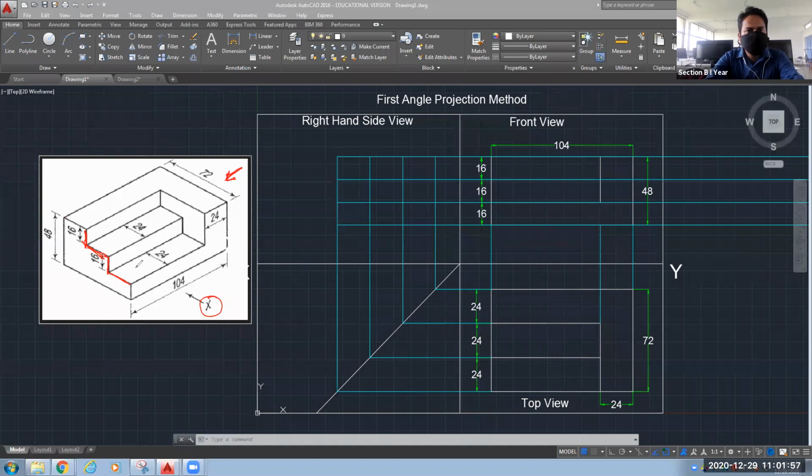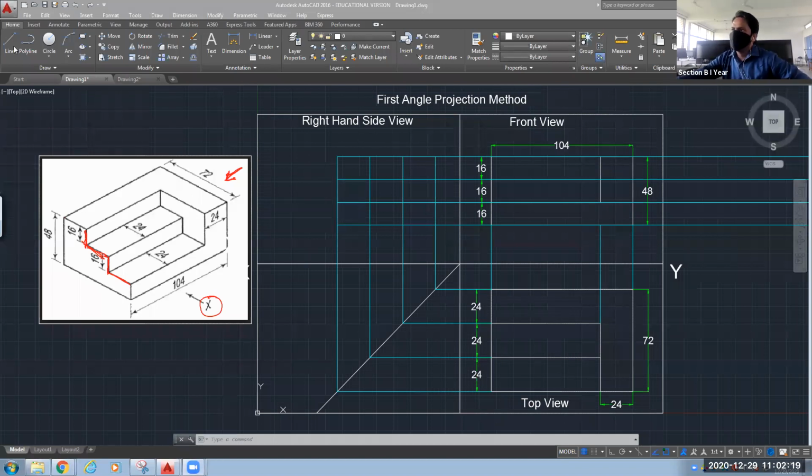So we were discussing how to draw the side view. Let's start. I hope everyone has joined and is now active. So let's see how to draw the side view. Let me close this annotation first.